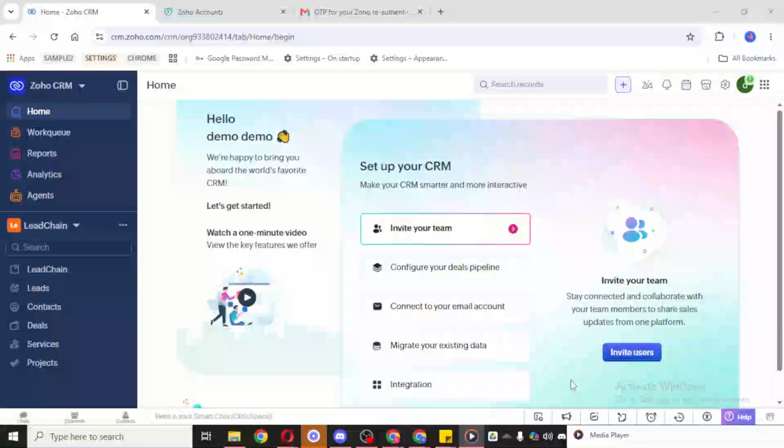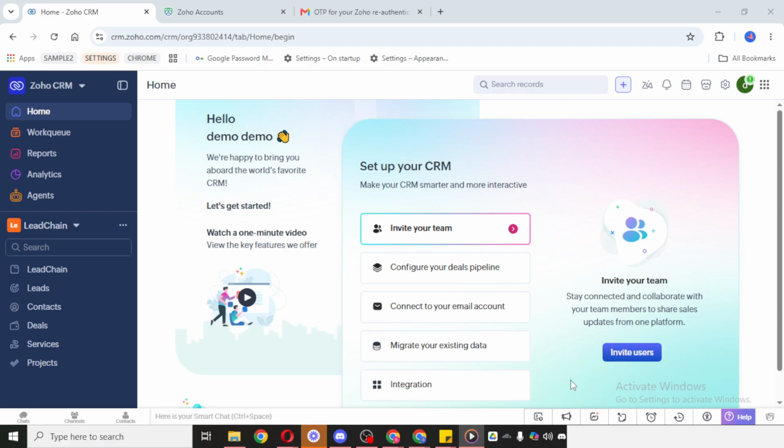In today's video, I'm going to teach you how to use Blueprint in Zoho CRM. To get started, open your Zoho CRM account and make sure you're logged in. Blueprint is a useful feature inside Zoho CRM that helps you standardize and automate your business processes. It's especially helpful when you want records to move through a specific workflow in a controlled and consistent way.